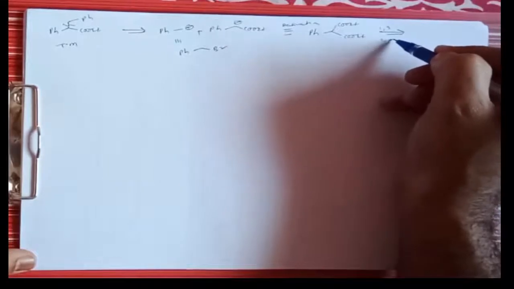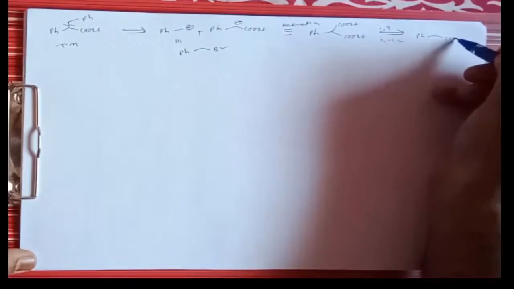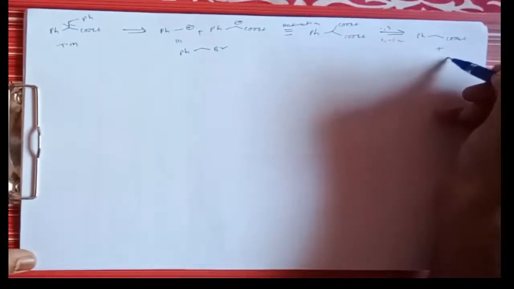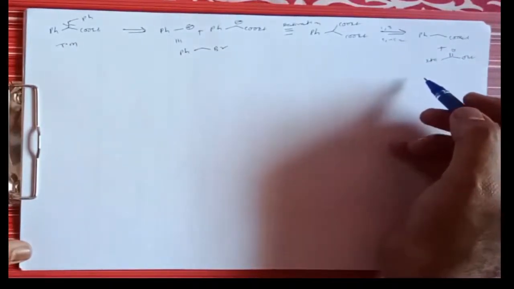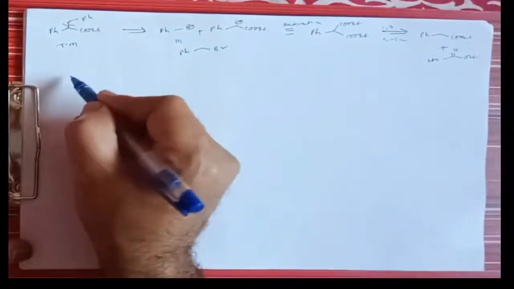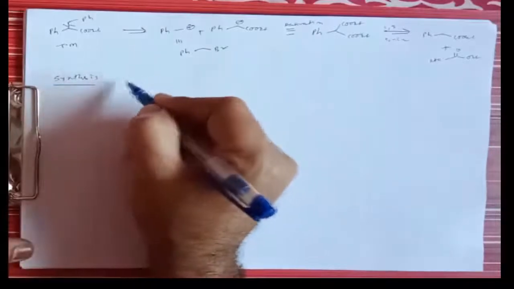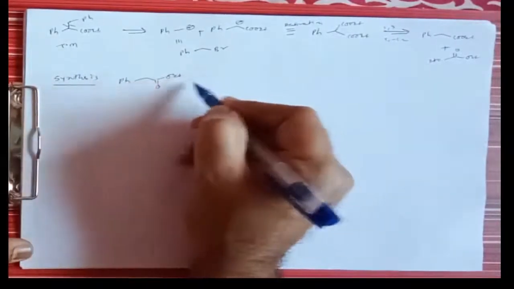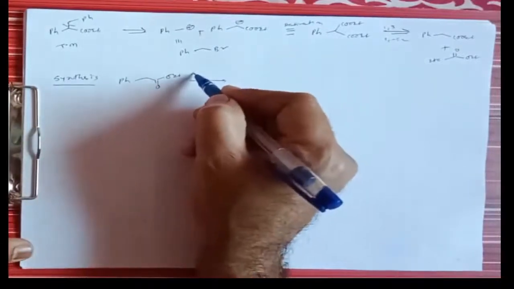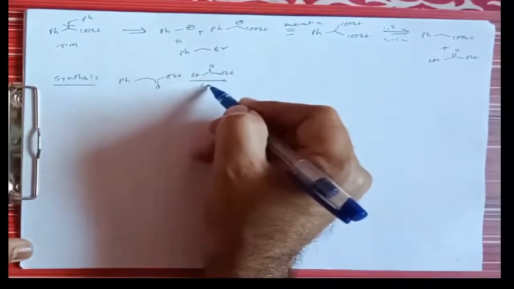Then we can break this C1 C2 bond, then we can give PhCH2COOEt, along with it gives formation of diethyl formate. So this is a good synthetic route for the synthesis of such types of target molecules. Then the synthesis: in the synthesis, we have to take this PhCH2COOEt. Then if you treat this molecule with ethyl formate in presence of a base, what does it give?